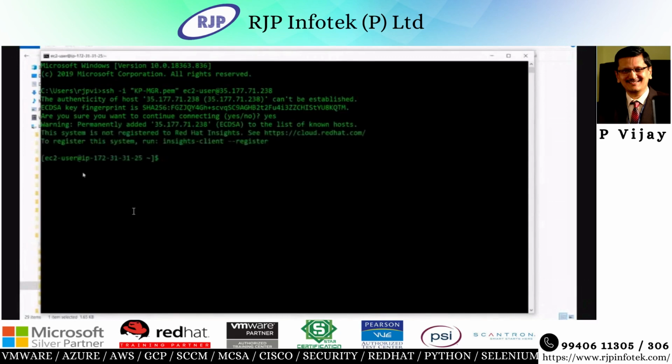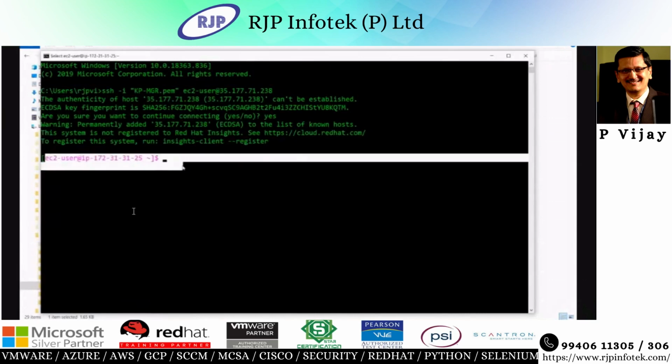I'm now logged into the Linux machine. That's it. I provisioned right in front of you in the last 5 minutes. I provisioned the Linux machine in the Amazon cloud and I've logged in here. If you're able to see my screen, you can see that. Right. So I've logged in. So this is a small demo of how easy it is to access.